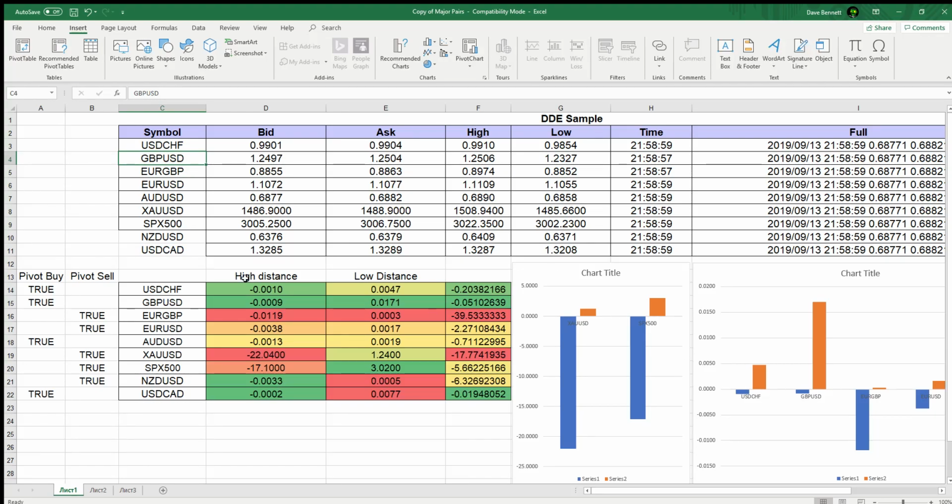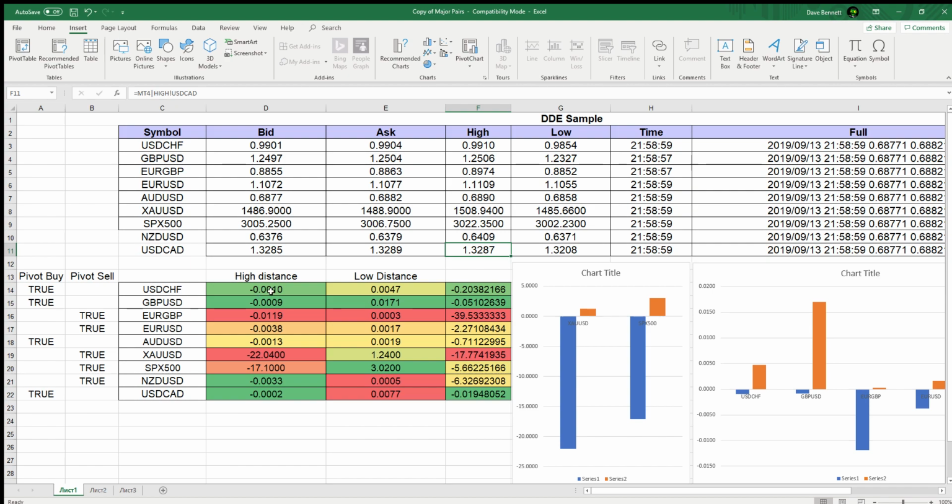So here's one I prepared earlier. You'll see that I've added gold and S&P, Kiwi, and the CAD, and obviously the same equations that I followed. Now, what I've got here is that we know, for example, that the dollar Swiss would